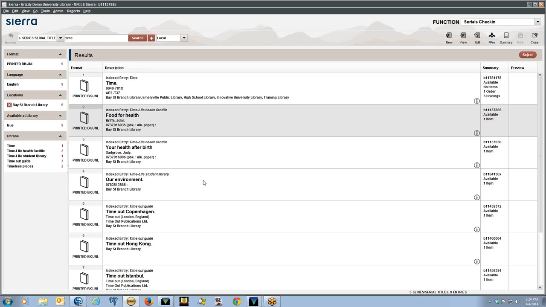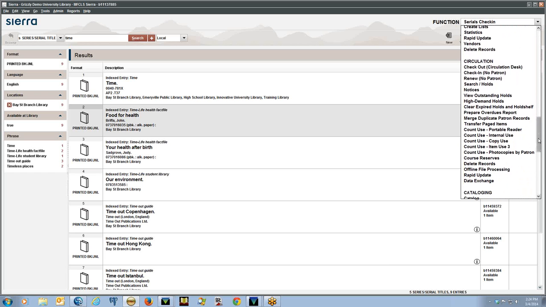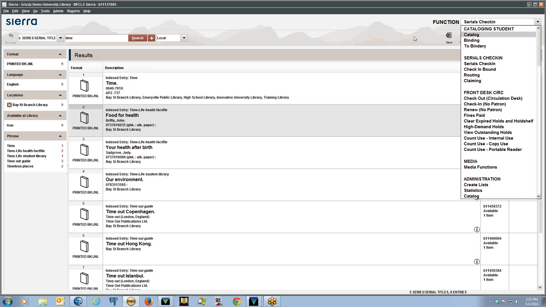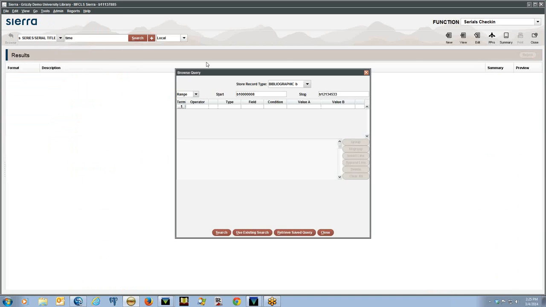Before we get into actually looking at serials functions, I wanted to also talk a little bit about the browse query. That's a tool that's available in all of these database areas such as catalog, serials check-in, or search holds mode. I don't see it here, but it's underneath circulation. Any place that you're searching the database, you should be able to see this tool here under the Tools command menu. You click on Browse Query, and you can actually do this in preview mode. If you click on Browse Query, it brings up